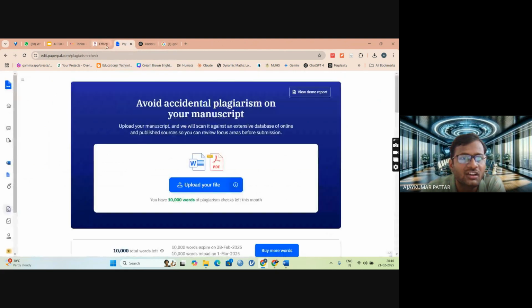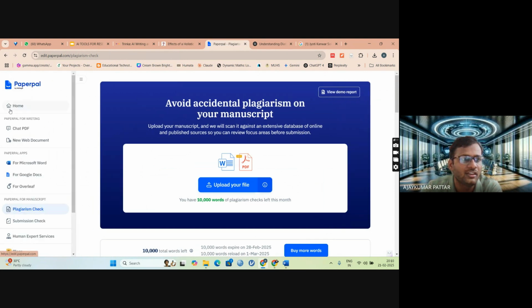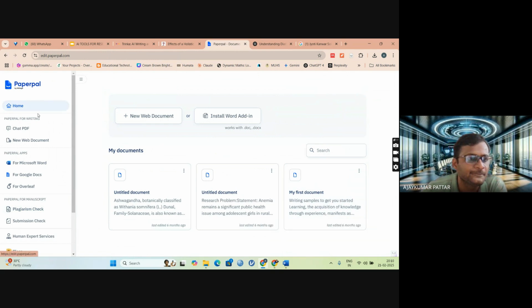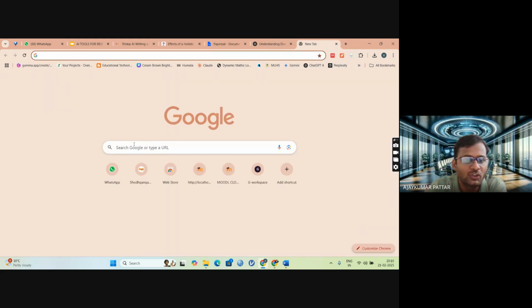So I am closing other windows. So this is my Paperpal AI application. Here a lot of options are available. Before going to this particular app, I will show one AI application that will be more useful for literature review. After that, if I explain this, it will be more useful. That is